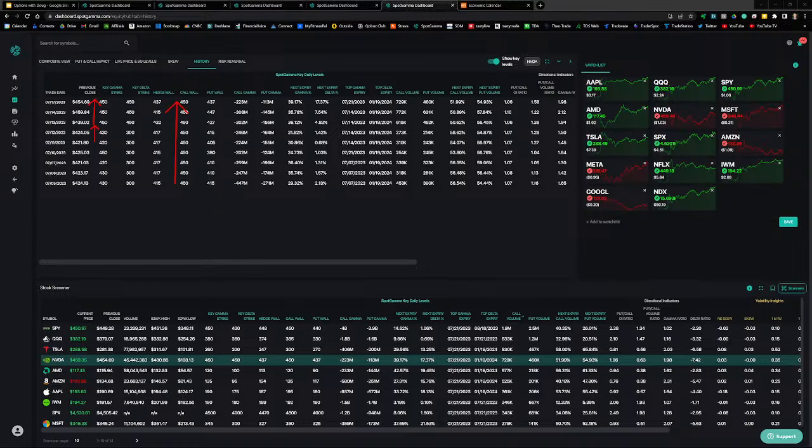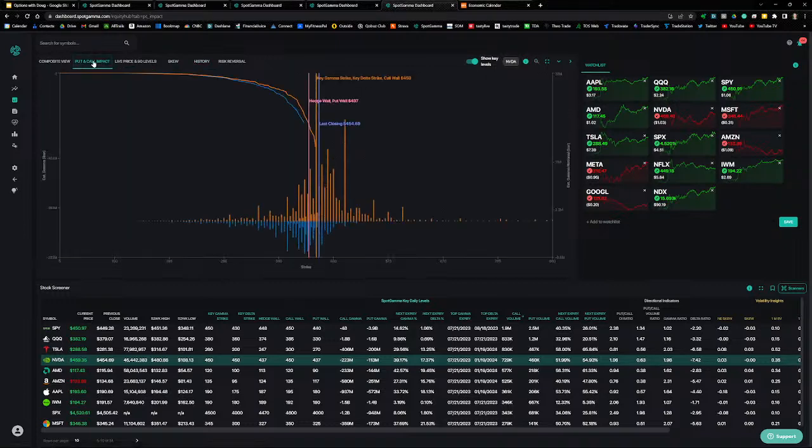Note that I'm looking at this next expiry gamma percent. That's pretty high, 39%. So 39% of gamma will be coming off on Friday, the Friday expiration shown there, 7/21. So that's a pretty significant number. Let's take a look at one other chart in here. I'm going to take a look at the put and call impact. Let's zoom in on this chart.